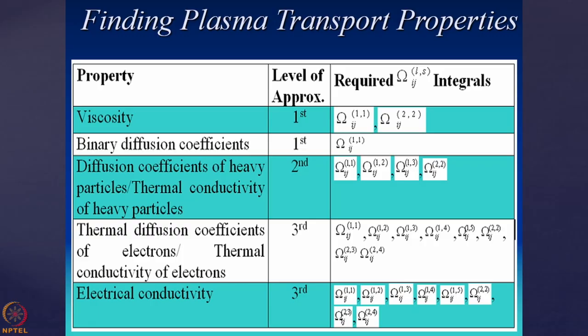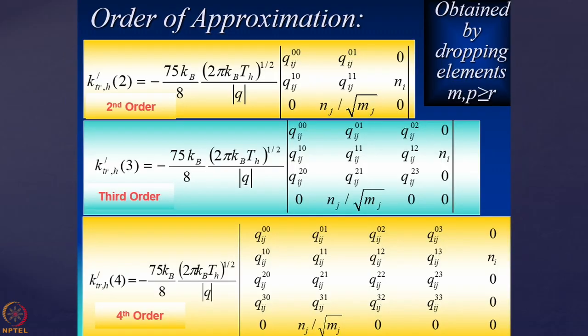Now regarding the level of approximation, when I say that, you are definitely wondering what they actually are. So I have just given one example over here. Here you are calculating the thermal conductivity. Okay. When you are doing the second-order approximation, you include only these elements, and these elements are expressed in terms of the collision integrals. What is the exact functional relationship? For that you need to go to the literature and find how they are related. They are basically algebraic expressions in terms of the collision integrals.